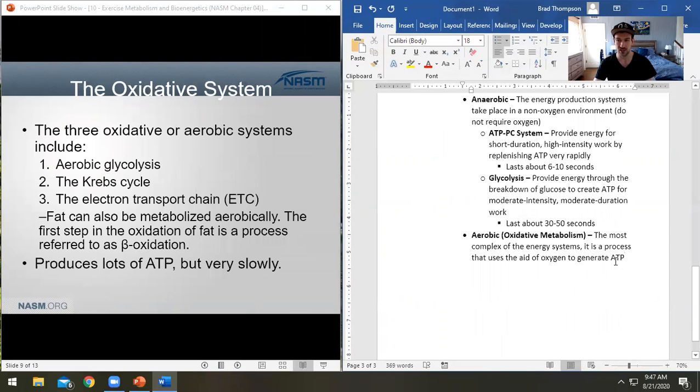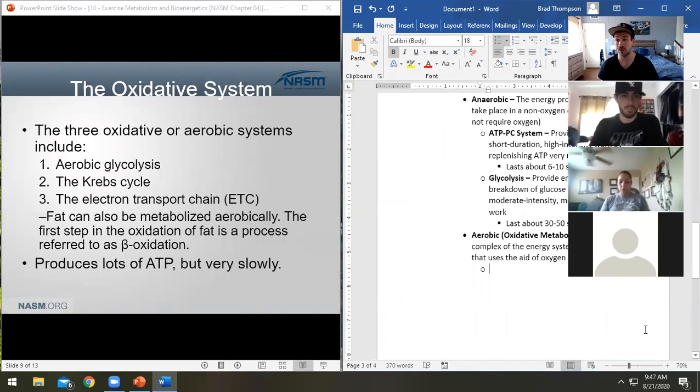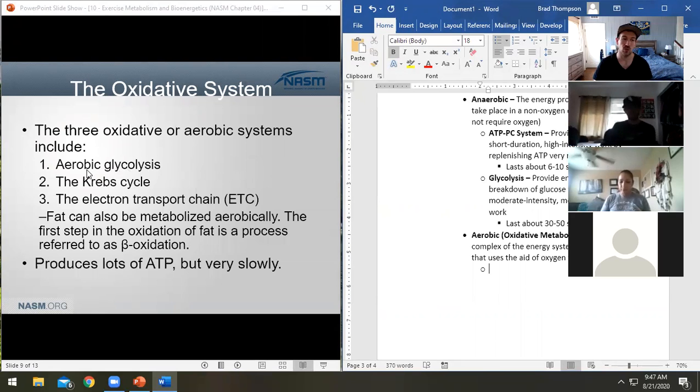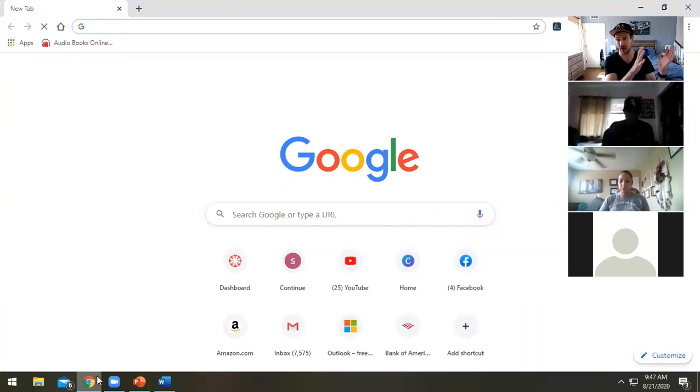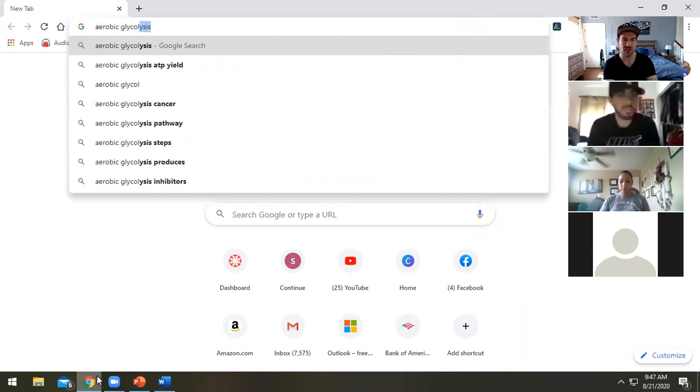So there's 3 sections to this. And here's the one that's very confusing to people who have only studied the regular old biology version. Glycolysis is back. But earlier I said glycolysis is anaerobic. But this is aerobic glycolysis. So there is one that we also didn't mention yesterday. Aerobic glycolysis is basically acting as the stopgap between switching from anaerobic to aerobic. So when we look at aerobic glycolysis,